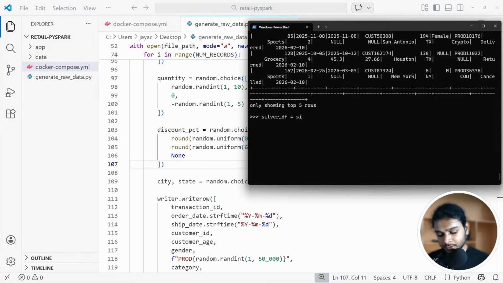Now we deal with that using silver_df.withColumn customer age, when col of customer age is less than 50, or col of customer age